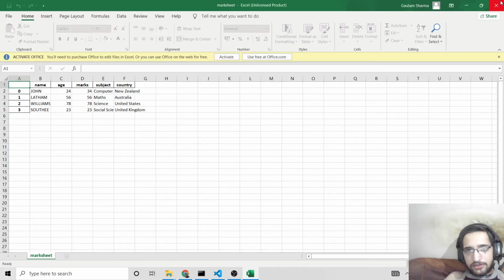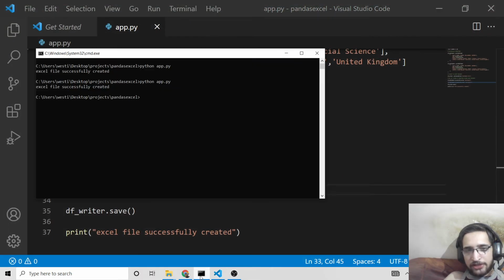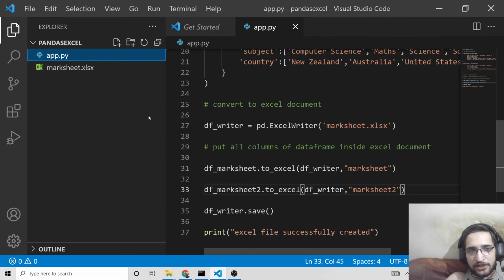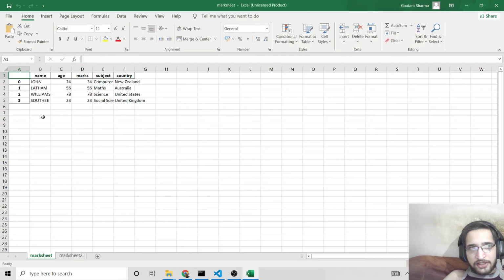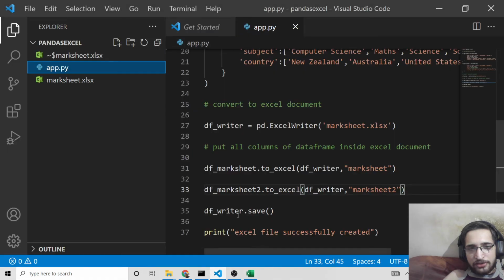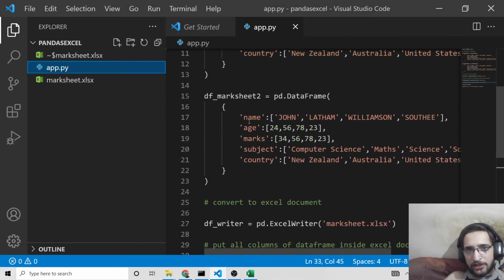That's it. So once again, if I run the application, it will create multiple sheets. You can see Excel file successfully created. If I open this marksheet.xlsx file, you will see this is marksheet 1 and this is marksheet 2. You can also change the column names here, whatever names that you want.